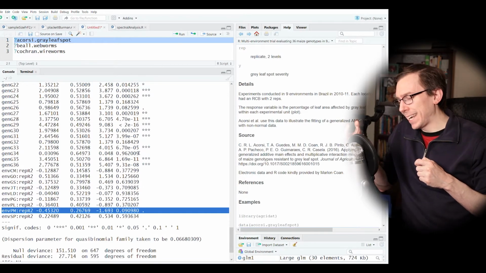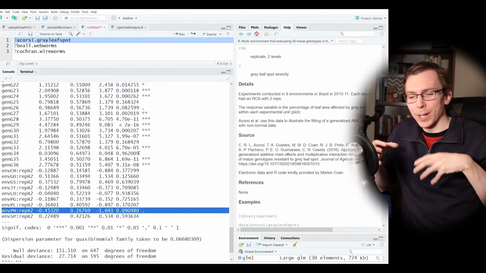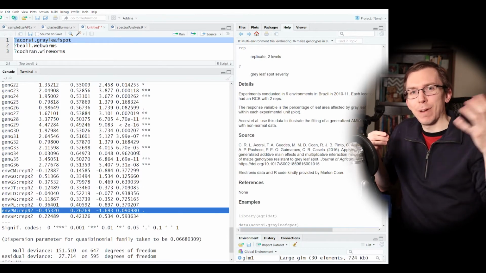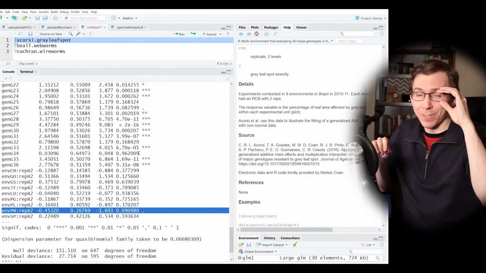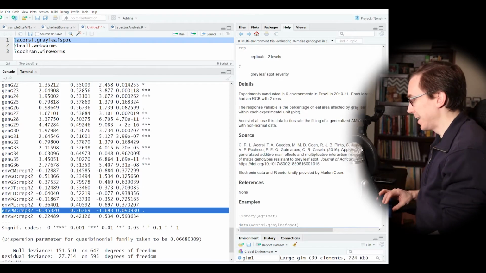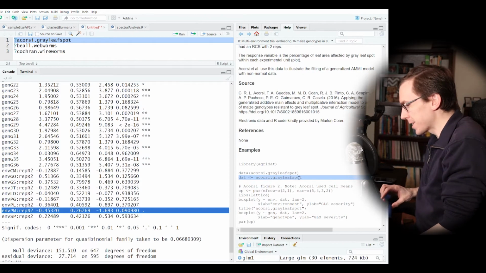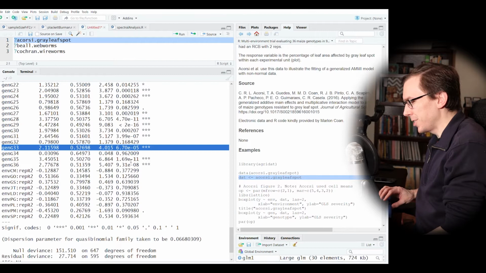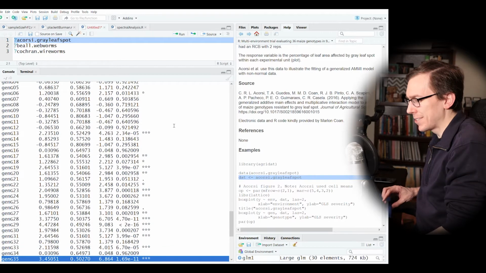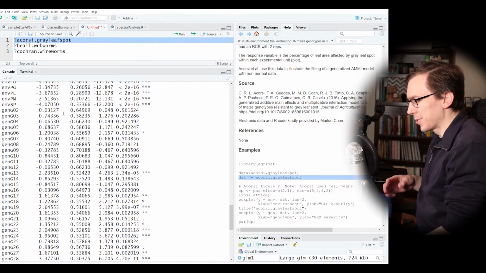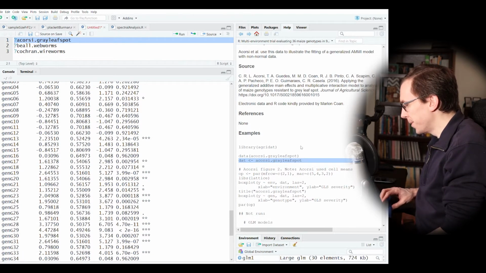If we wanted to have replication be independent of environment, we would have to randomly select new equivalent places to run our test and not just replicate the experiment in the exact same location. So it's kind of a subtle point. Hopefully it makes sense why they did it that way. Anyway, I don't really want to look at all these silly coefficients because, yeah, great. You can find out that certain genotypes are more significant than genotype number 1 because we didn't change the contrast. So all of these are just comparing to whatever genotype 1 is, which isn't the most interesting